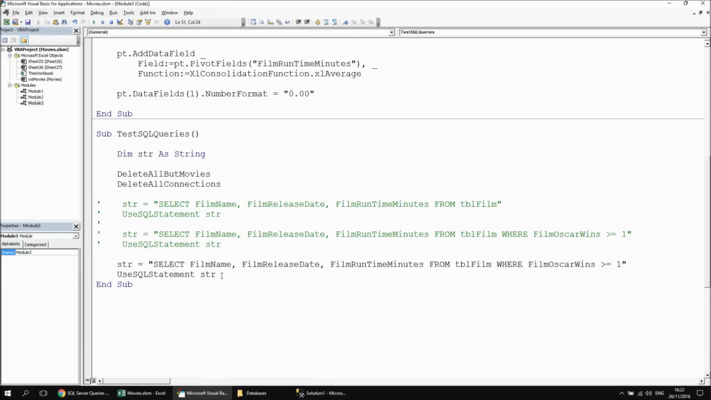I'm going to focus here on testing for different dates. So all I really care about doing is showing the average film runtime minutes. So I'm going to take away the film name and release date from my select list. I'm also going to separate this onto multiple different lines just to make things a little bit easier to read. So I'm going to have a space underscore and concatenate that with the next part, which is just the from